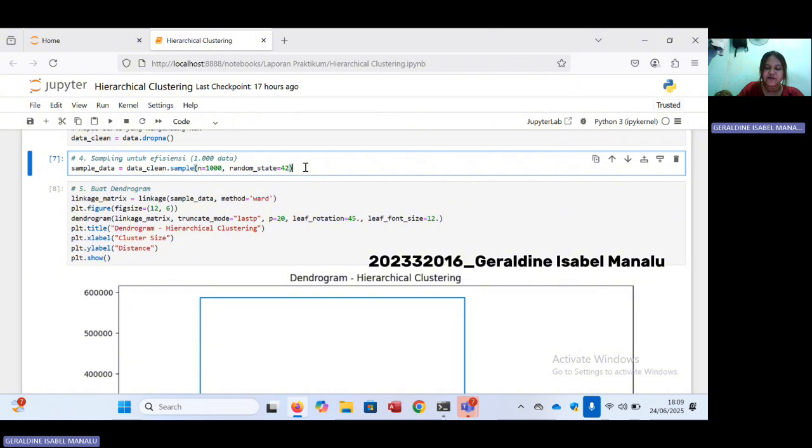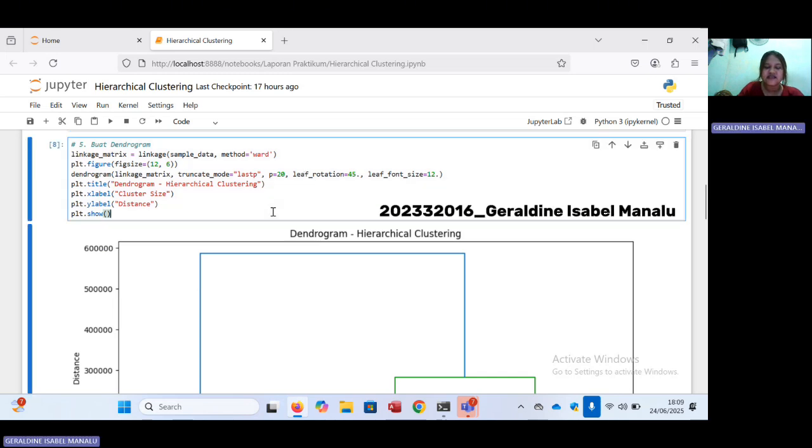The random state 42 parameter is used so that the sampling results are always consistent or reproducible every time the code is run. This data sample is stored in the sample_data variable.